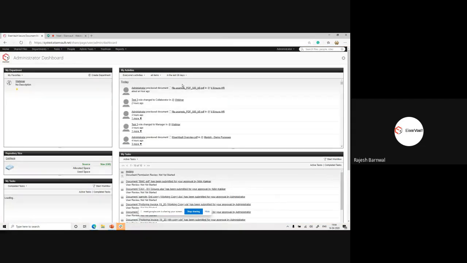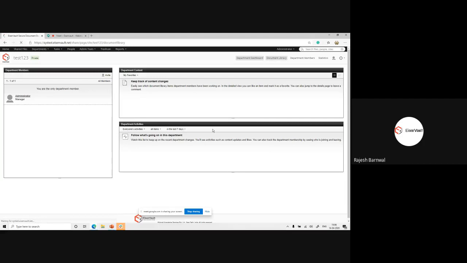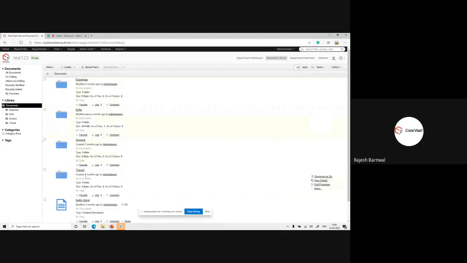The first new feature is subscribe and unsubscribe. Basically, whenever the file is changed or modified, or a new version is created, you will get an email notification if the user is subscribed to that particular document. In the document library, we'll upload files here.